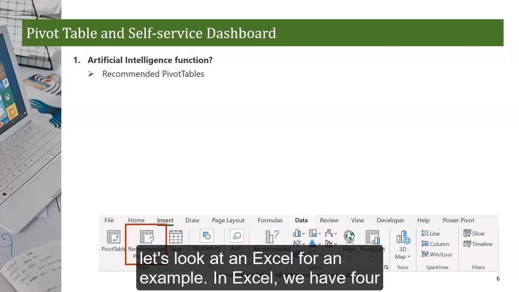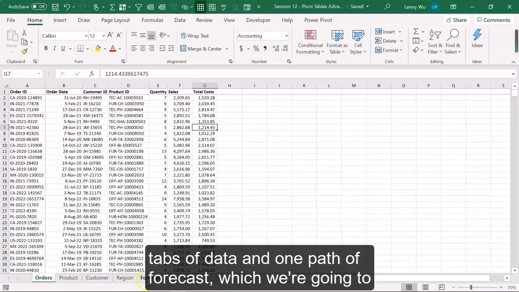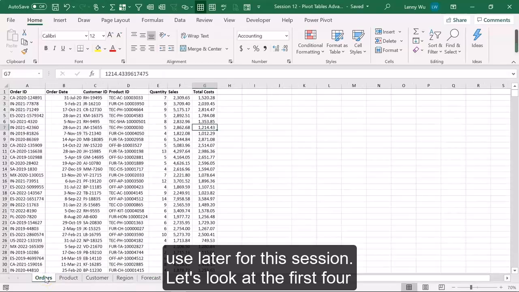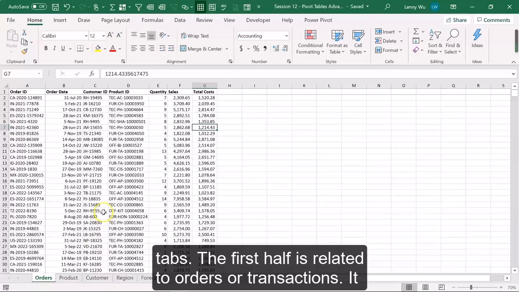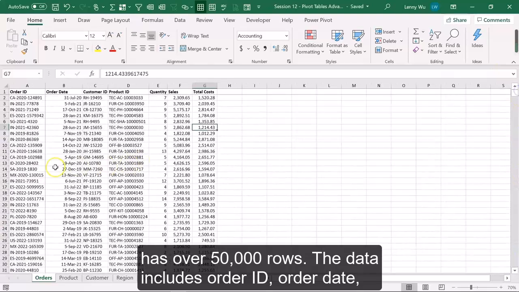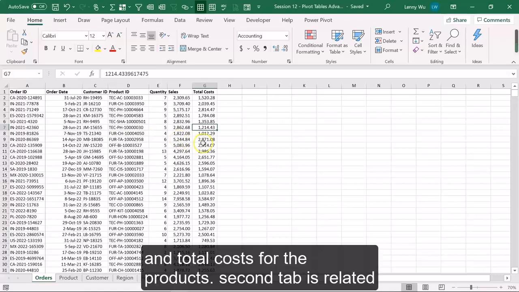Now let's look at Excel for an example. In Excel, we have 4 tabs of data and 1 tab of forecast, which we're going to use later. For this session, let's look at the first 4 tabs. The first tab is related to orders or transactions. It has over 50,000 rows. The data includes order ID, order date, customer ID, product ID, quantity, sales or revenues, and total costs for the